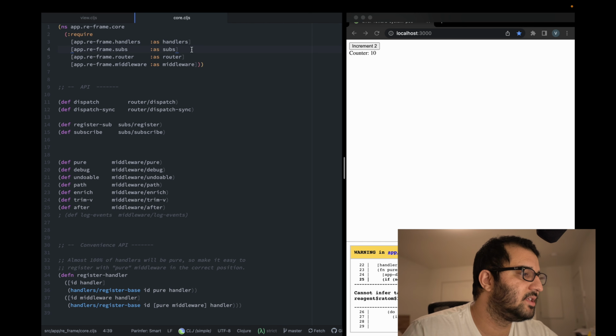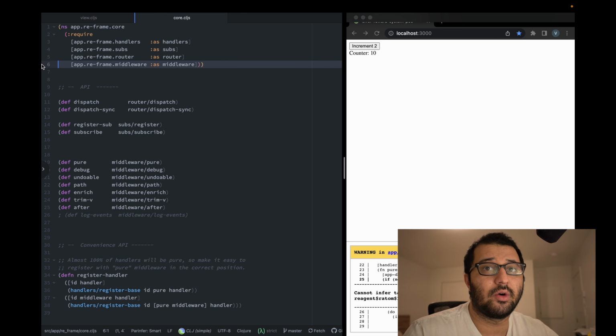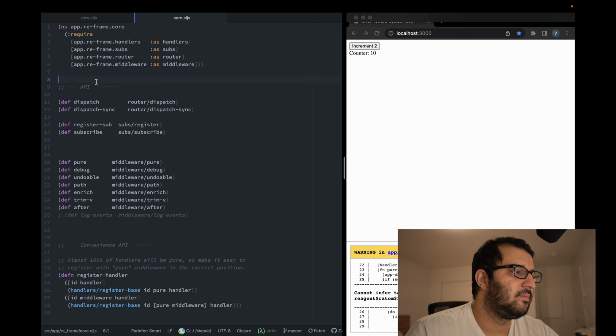the handlers, the subs, routers, and middlewares. Now, without even looking at the code, we can guess what it does, right? For example, we know what middleware does. Middleware is a higher order function. It is mostly popular in backend systems. So if you're writing a RESTful API, I'm sure you must have heard about middlewares that accept a handler and then it modifies the request. The job of